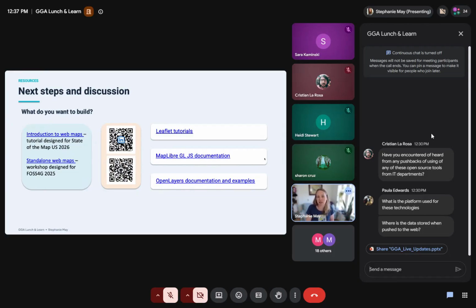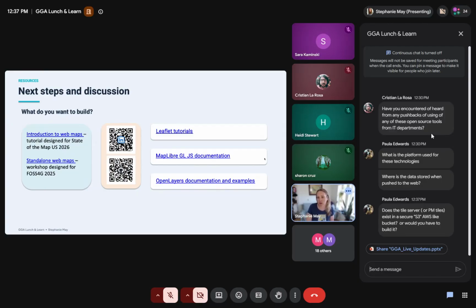And that's a good thing for all of you to know about who may be negotiating with IT, because you can host all of it. All you need is some web space, whether it's GitHub Pages or, if your agency has a website, all you need is a folder to put your data in. Okay, so hopefully that answered your second question, Paula. Okay, and then Paula's got another question.